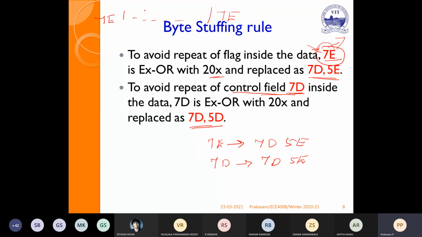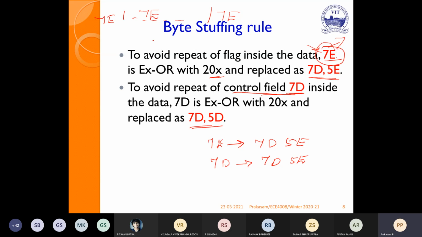Sometimes 7E will also be in the data, like the previous case: after 6 consecutive 1s, a 0 is added, even though in the information also there are 6 consecutive 1s. Similarly, 7E is the framing boundary byte, but in the information also 7E will be present.